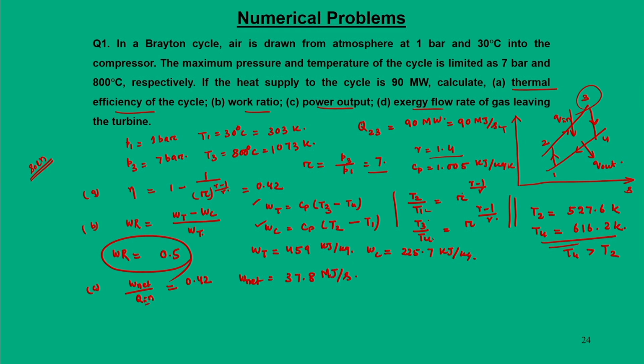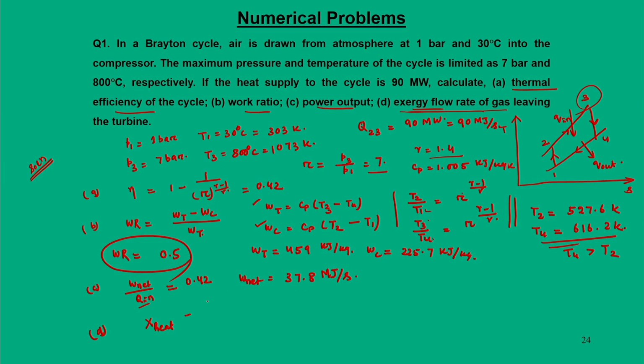So, here Q in is 90, so it is this. And the last part is exergy. Here you can see that we are finding the exergy in the exhaust gas leaving from a gas turbine unit. The exergy that we get is in the form of heat, so we can call this X heat,